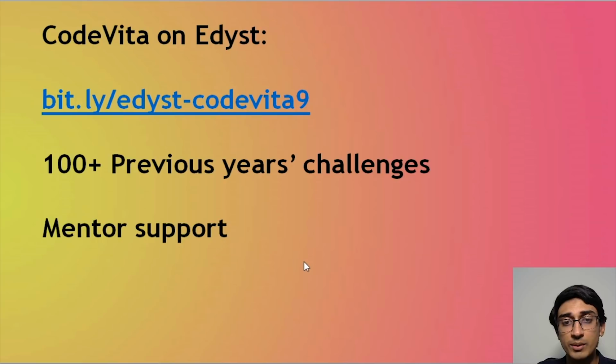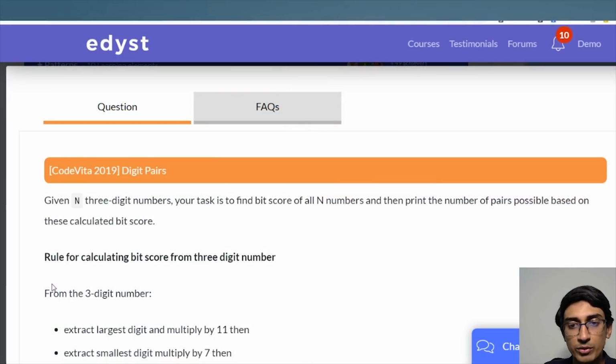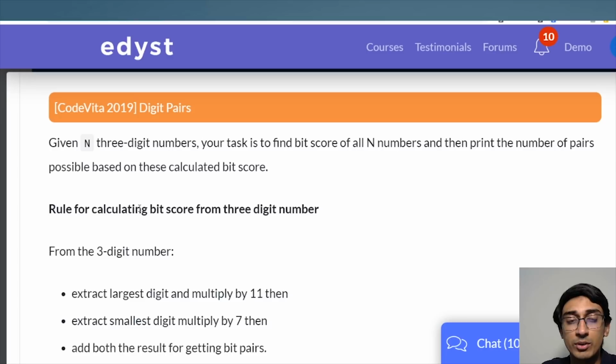Right, so now we'll get to the actual question, and so let me just open up the question. And this is actually a very typical CodeVita question, typical first round or second round question, like there's 6 questions in CodeVita that you're going to get, of which the first and second question are typically easy, but they're very long typically. What do I mean by that?